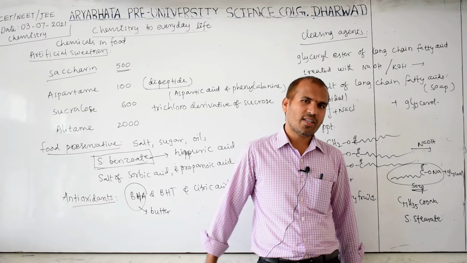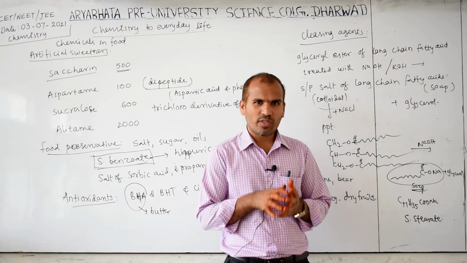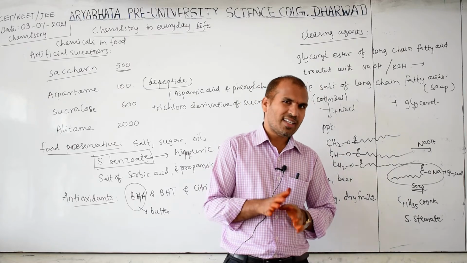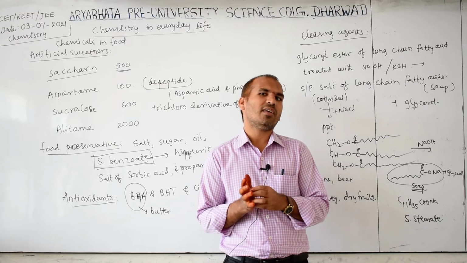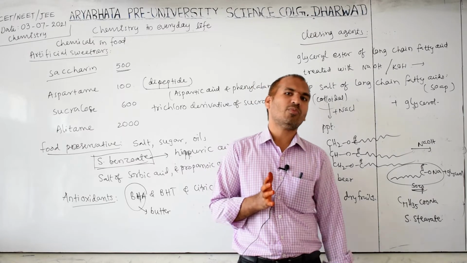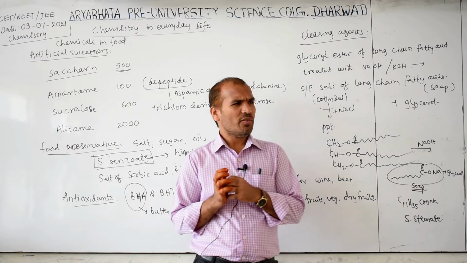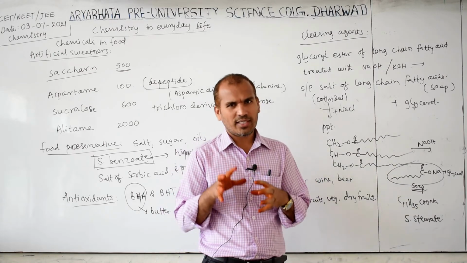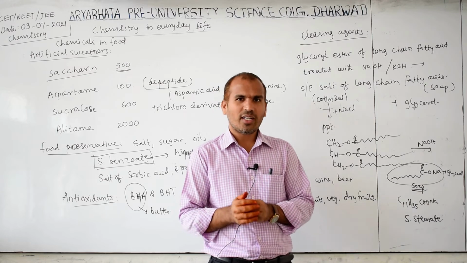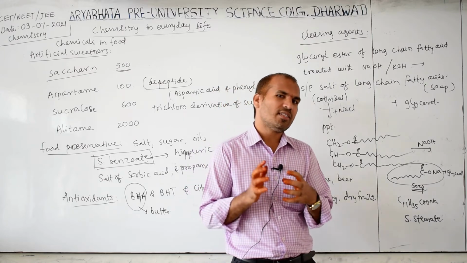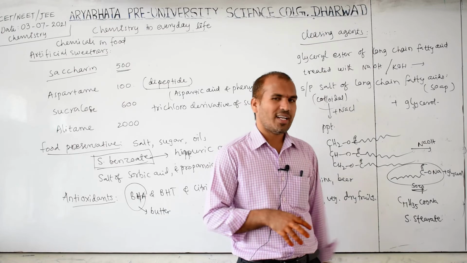You may have observed that if you wash your clothes with soap, meaning detergent, then somewhat your outer layer of skin will be removed, and when you keep your hands in the water for a long time, the skin somewhat shrinks. All these effects are due to this alkaline nature.